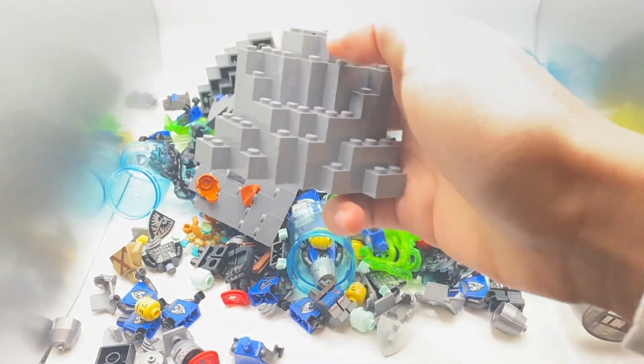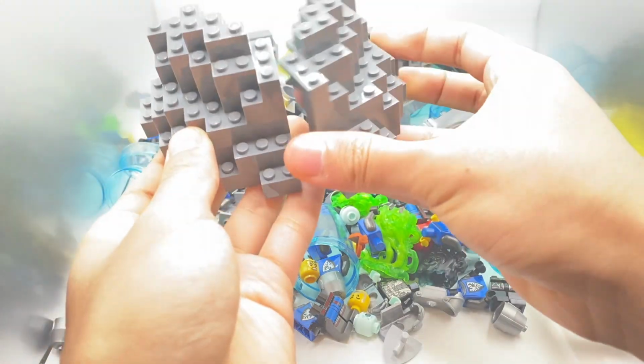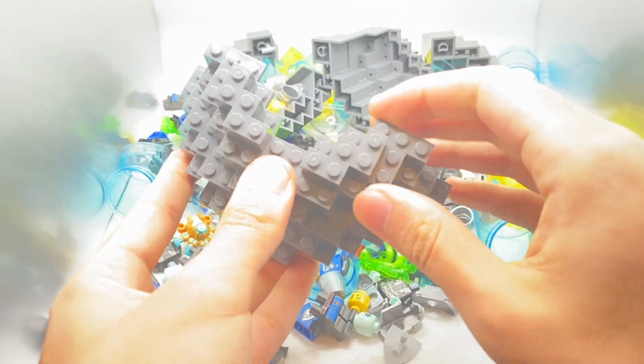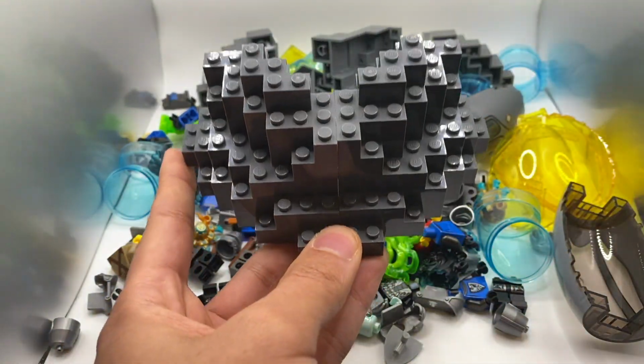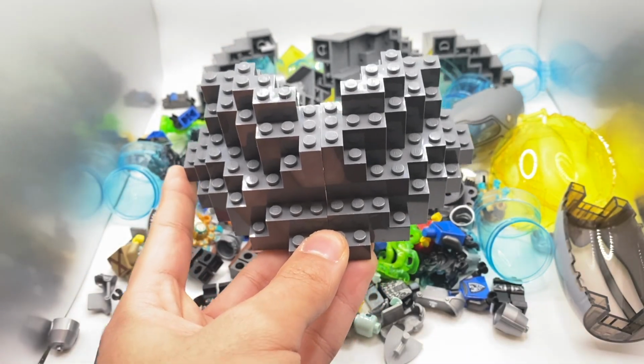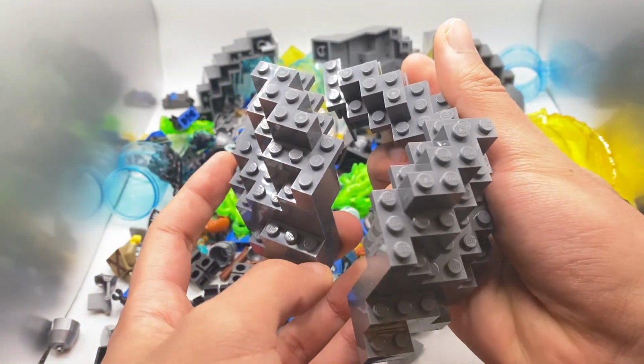I ordered several of these quarter rock panels specifically because I haven't seen them popping up in any recent sets, and I actually needed a few of them to complete some specific castle mocs. I was honestly a little worried that they were removed from LEGO's part inventory, specifically because they hadn't shown up in any recent sets, and I didn't see them available on Bricks and Pieces for a really long time,